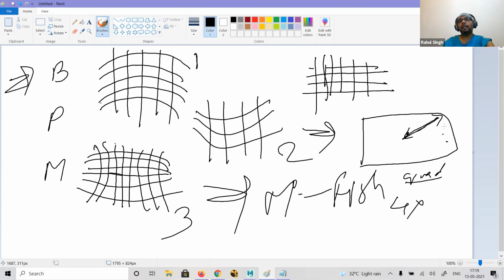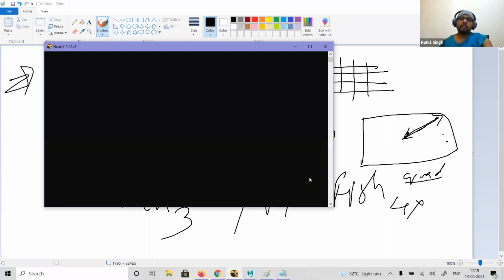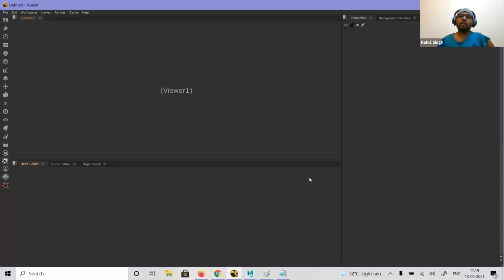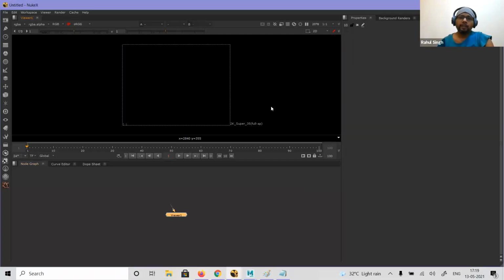So that is why you will find that in most software, if you say Nuke or 3D Equalizer, you will get different types of lens distortion. 3D Equalizer and Nuke lens distortion options are basically the same, because Nuke follows what 3D Equalizer does, and 3D Equalizer lens distortion is the best lens distortion present in any current software.